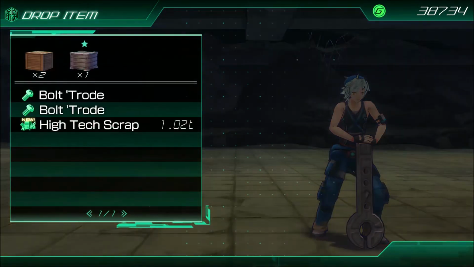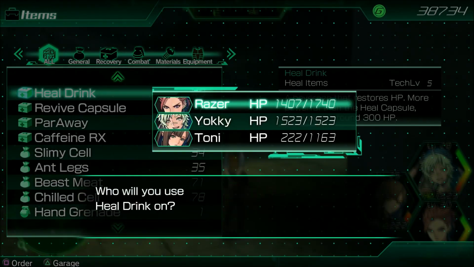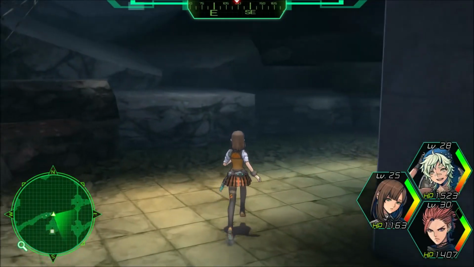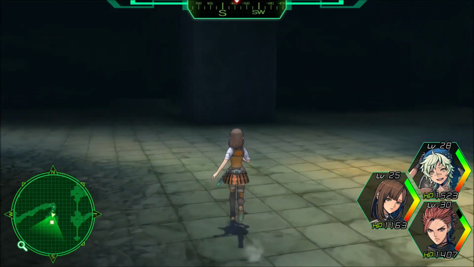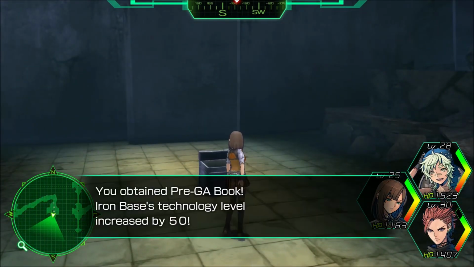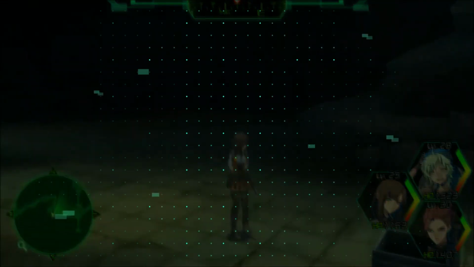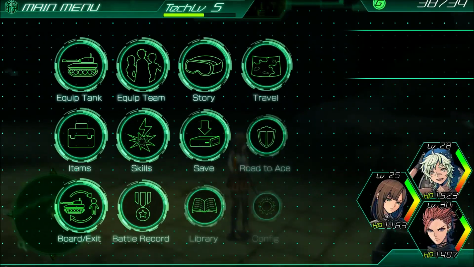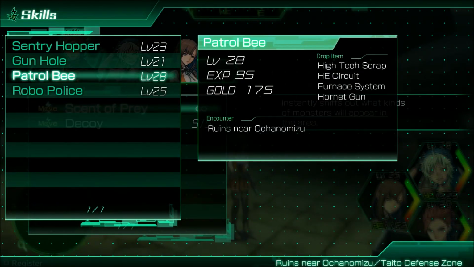Max critical damage. Buy some more healing items when I go back to town. Alright, that's it. Just gotta get this chest over here. Another 50 points to technology. Find 2 more of those and I'll level up technology to level 6. And yeah, there's no other...